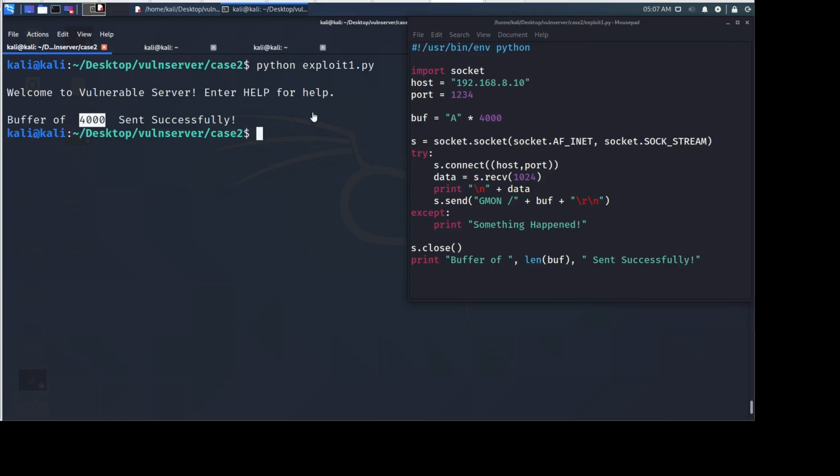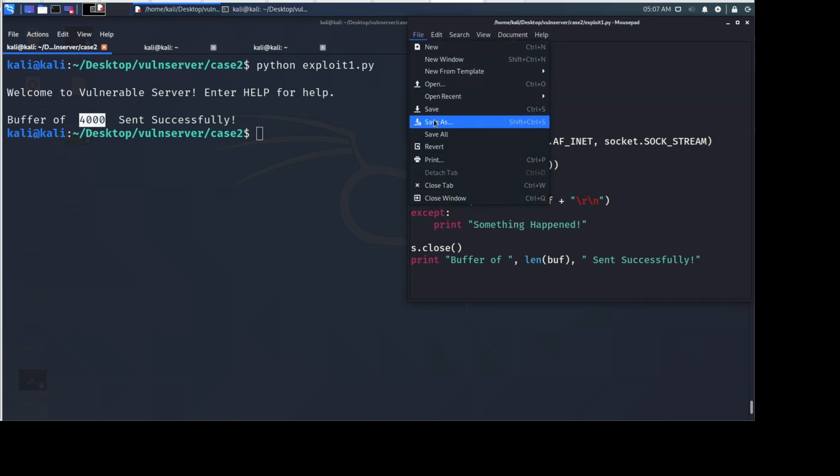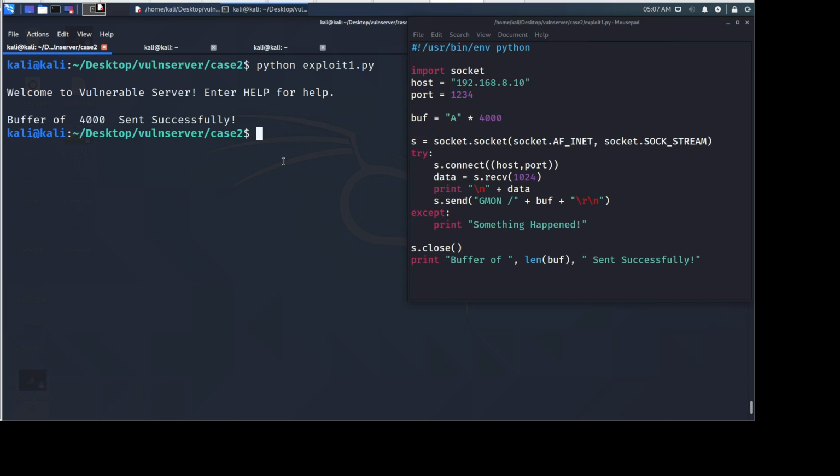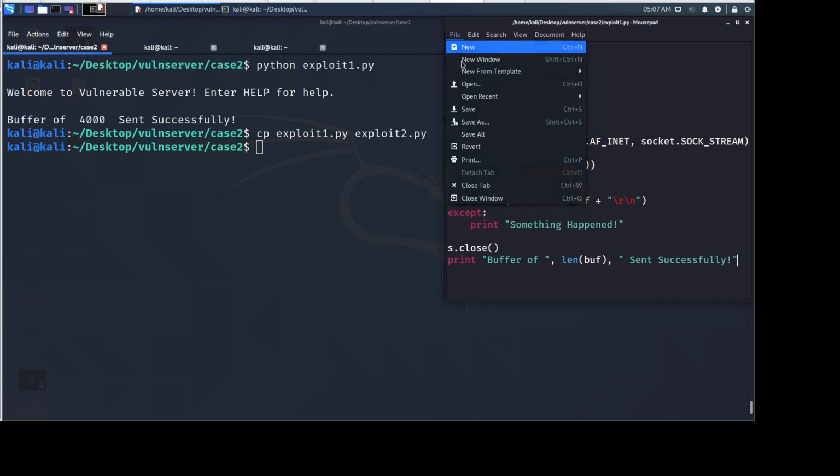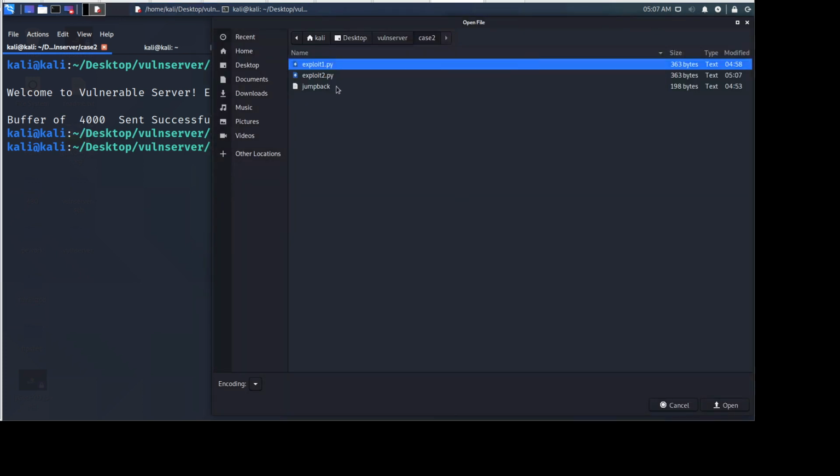So if we go back, and before I usually do, so if I do cp exploit and do exploit again, 2, now let me load 2. So I'm gonna get this over here. Yeah, so let's load number 2. Okay,